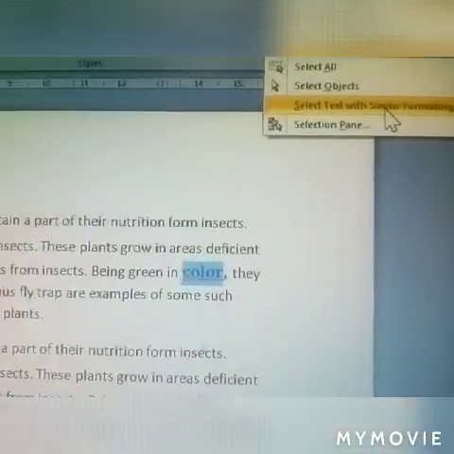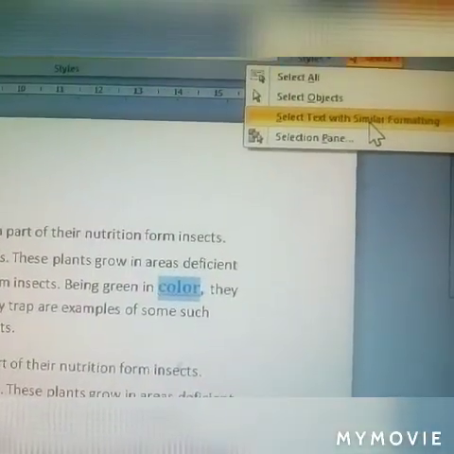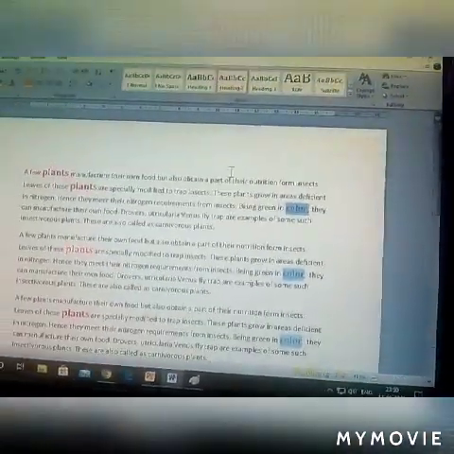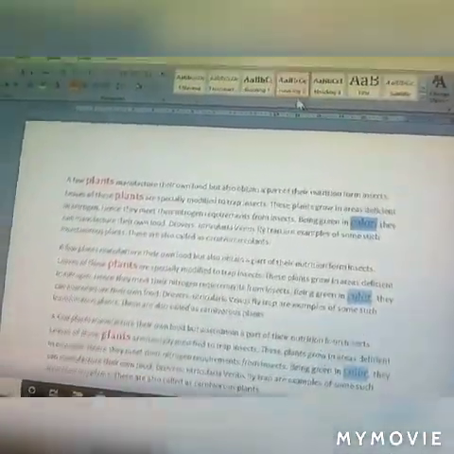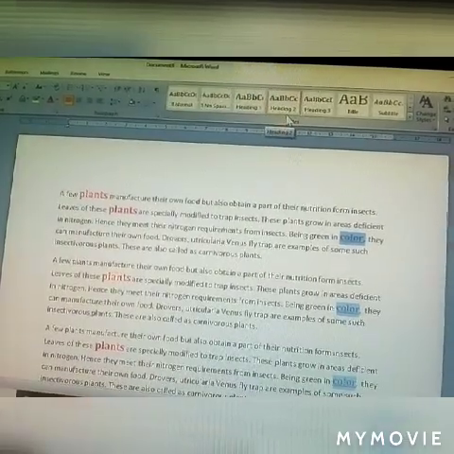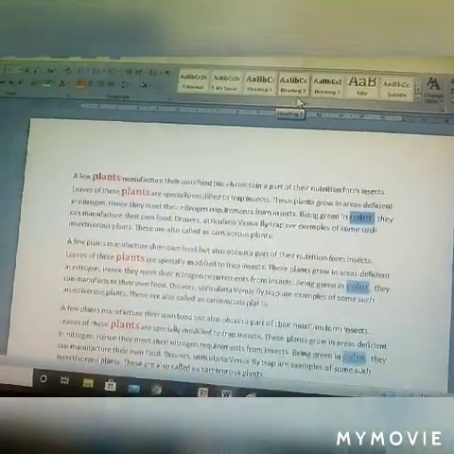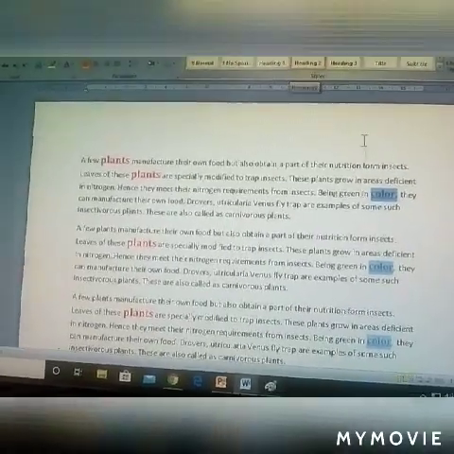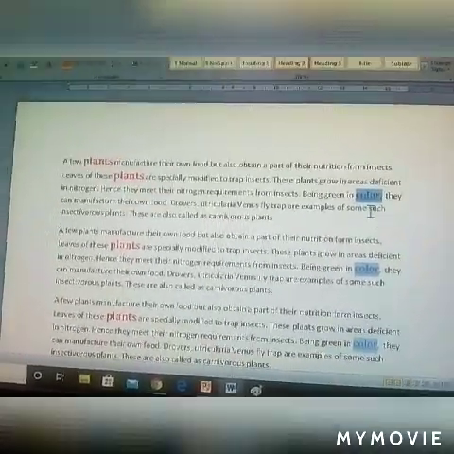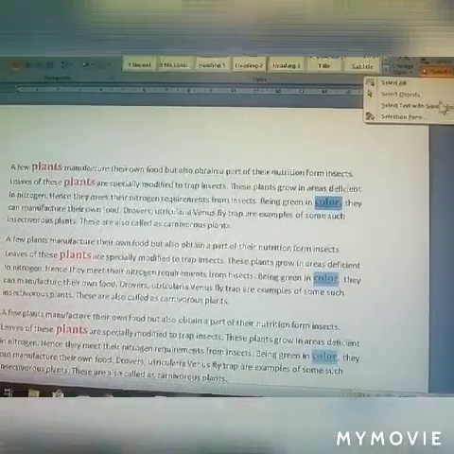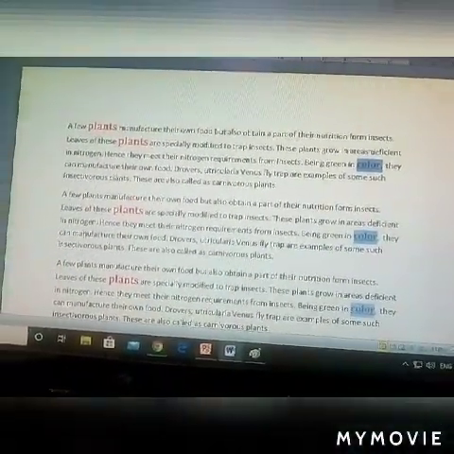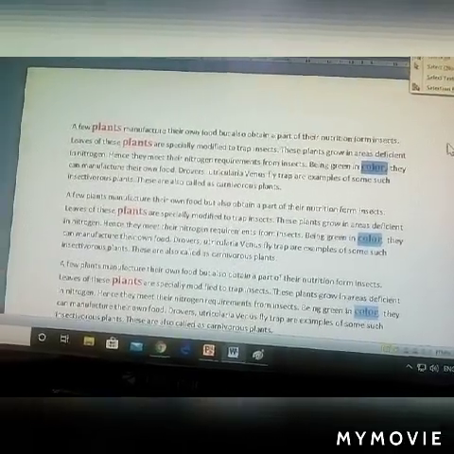Here click next, text with similar. Wherever color, heading, all colors are heading. What is it? Heading 2. I am giving heading 2. Modify the format in the heading 2. Okay, the font will change in the heading 2. Once selected on this one, heading 2 is selected. Okay, this is called select text with similar.